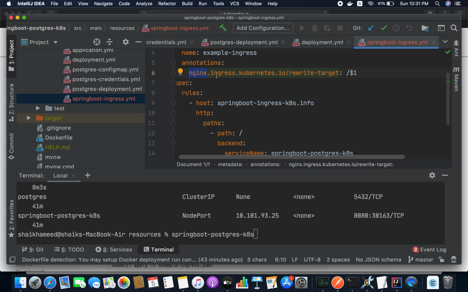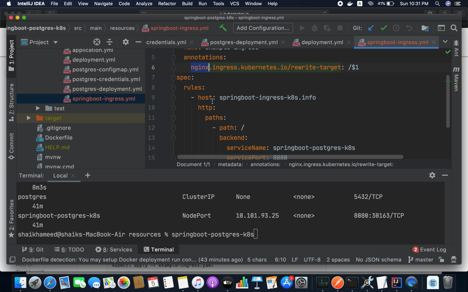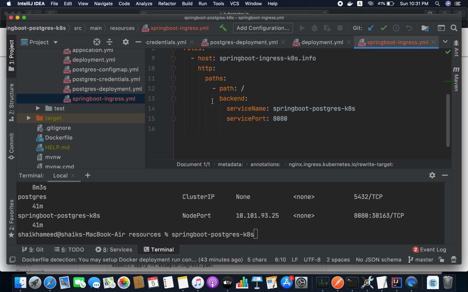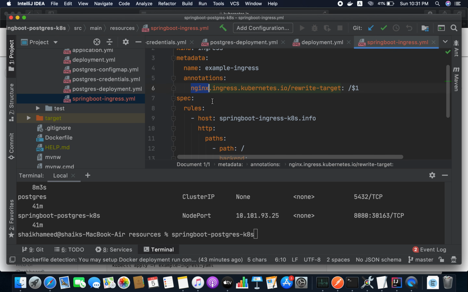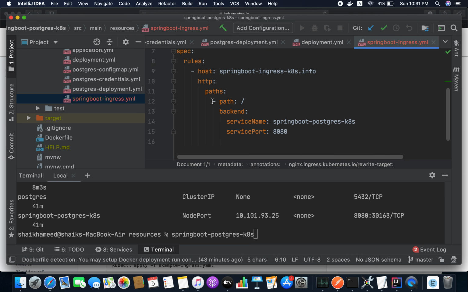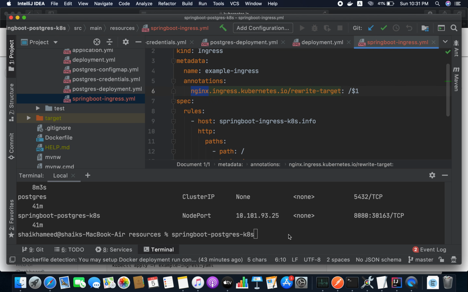Because I'm using the nginx ingress controller, that's what we have to tell this Kubernetes cluster: hey, I'm using the nginx ingress controllers. So that's what we will say to this Kubernetes cluster.